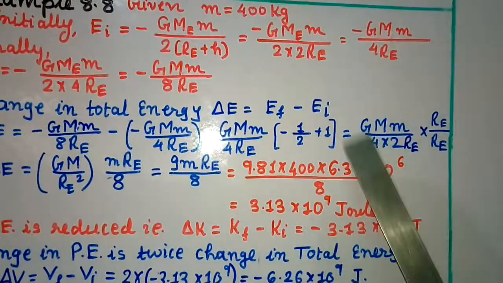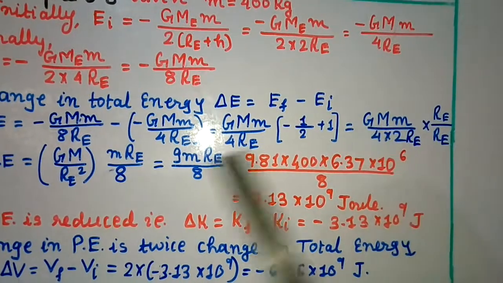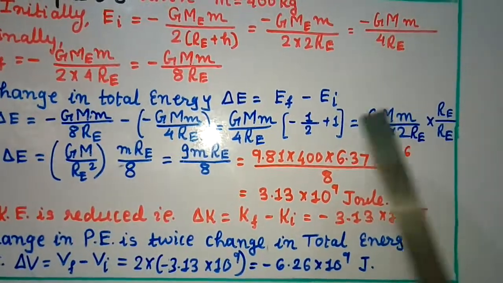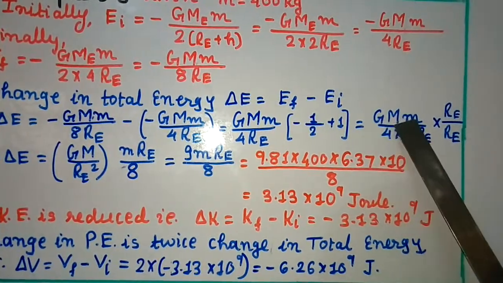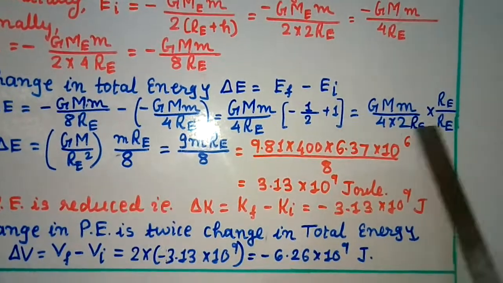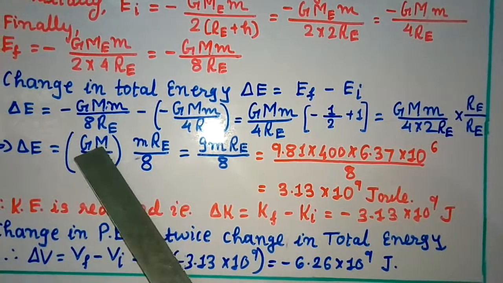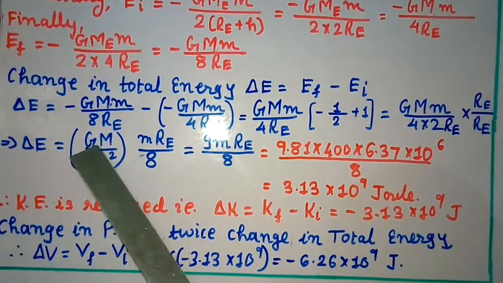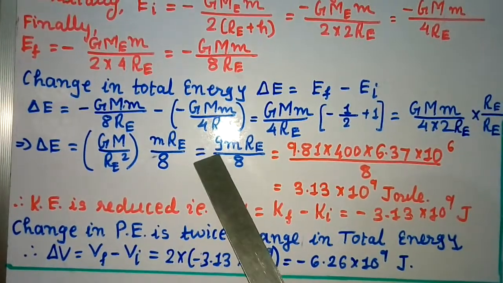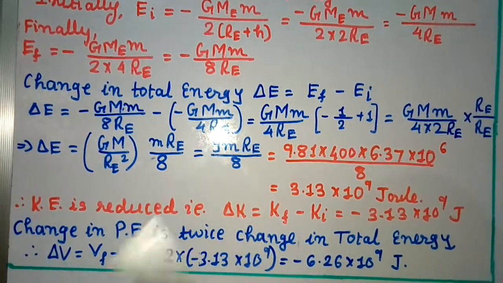Now I will rearrange this. Okay, so when I rearrange, I'll write this delta E equal to GM, and this Re into Re is Re square. Just rearranging this value, now here remains m and Re, so it is written here, and 4 into 2 is 8, this Re square is written here. Now we know that GM divided by Re square, this is Me actually, right, mass of the earth. So GM by Re square, this value is nothing but g, the acceleration due to gravity. So this value I replace by g, m Re as it is, and this 8 also as it is.